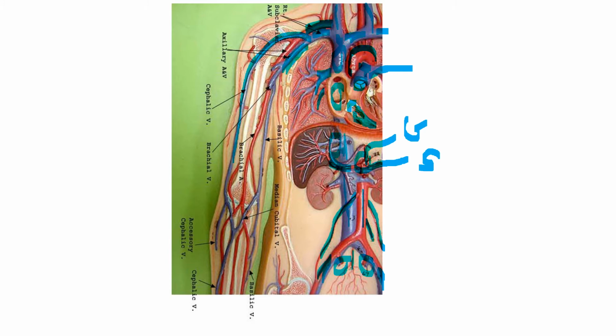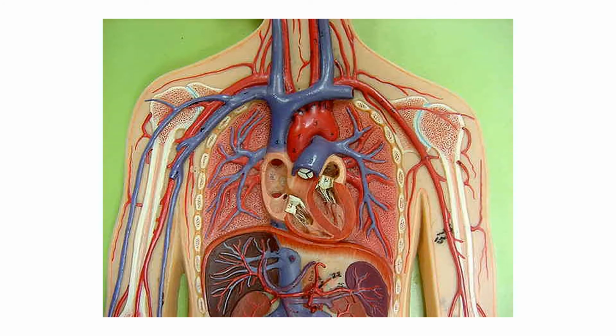Over here we can see the right renal vein and right renal artery, and over here the left renal vein and left renal artery. A more up-close picture, which is very helpful, and you can see all those structures in better detail with this